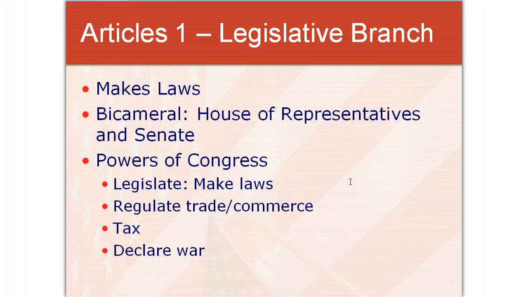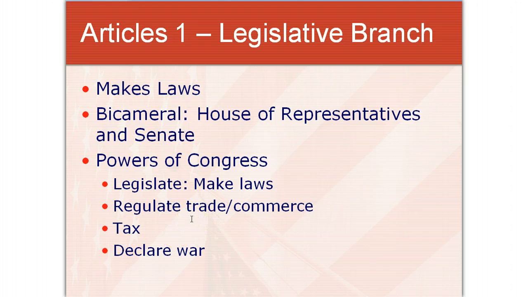Now we're going to go into the articles. These are the parts that are the body of the Constitution. Article 1 represents the legislative branch, which makes the laws, and they tell us that we have a bicameral legislature, House of Representatives and Senate, and it gives Congress their powers, the powers to make laws, to regulate interstate trade and commerce, the trade and commerce between states, not within a state, to tax and to declare war, and many other things. This is the longest of the articles because it really does give Congress a lot of responsibility